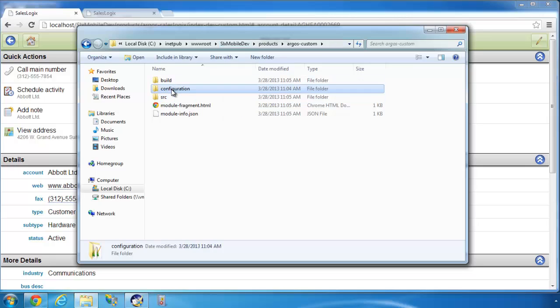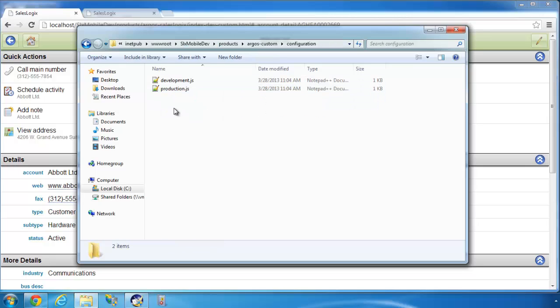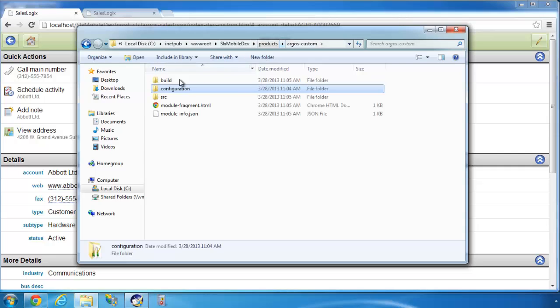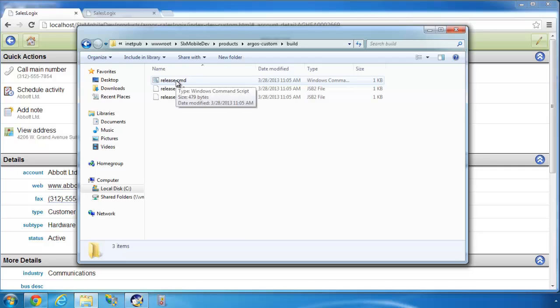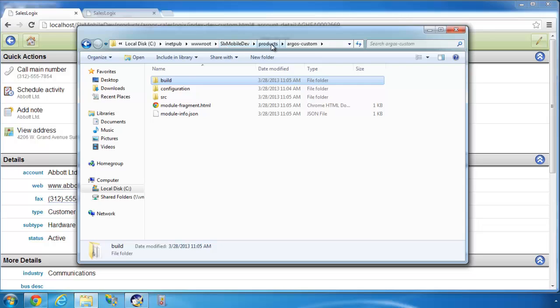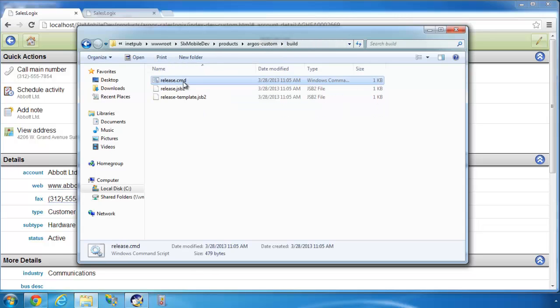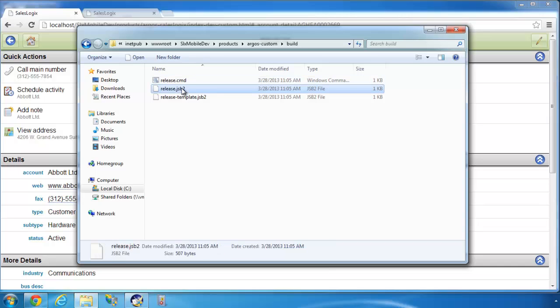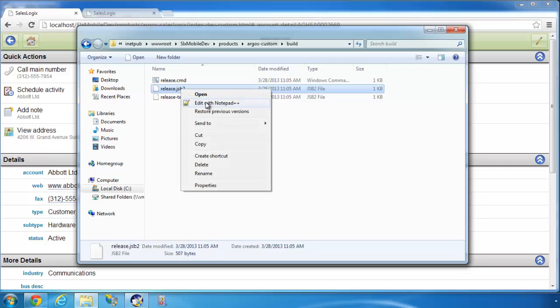These are things that indicate the configuration or how it connects to SData, and also a build script. This build script allows you to minify all the JavaScript so that it takes a little bit less bandwidth in getting that to the mobile device. So if I wanted to, I could execute this build script myself. In this build folder, there's a batch file, and it'll run a build and give it this configuration file,